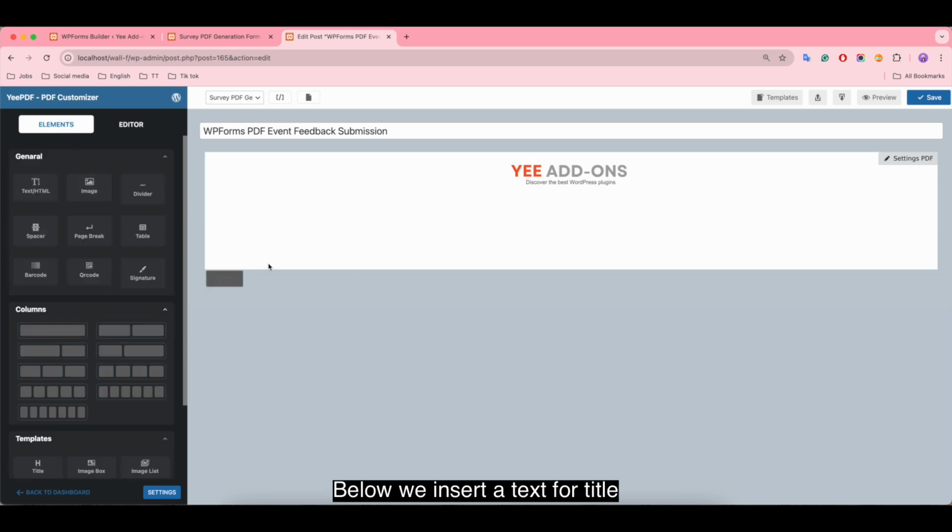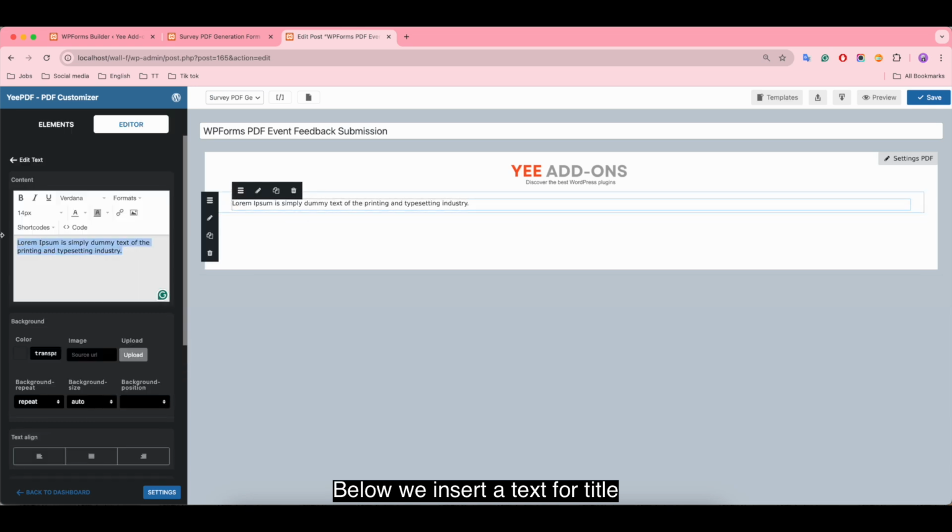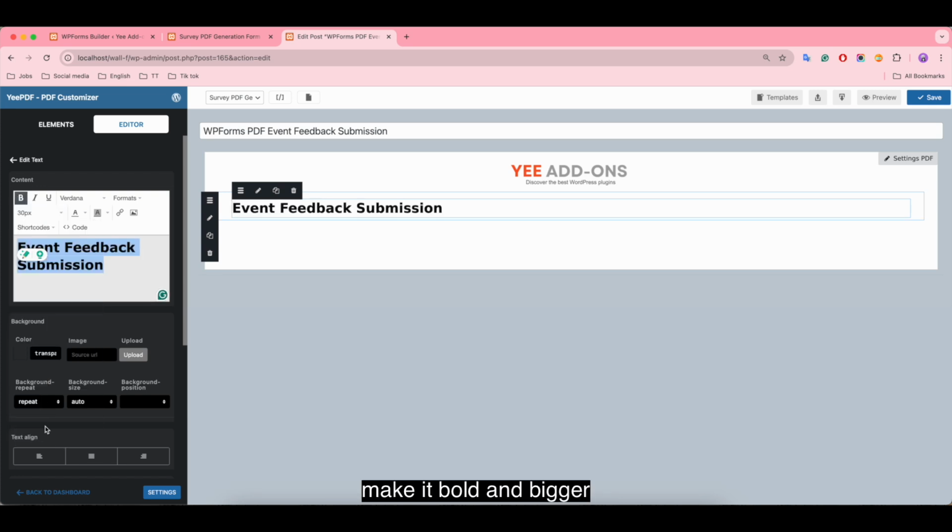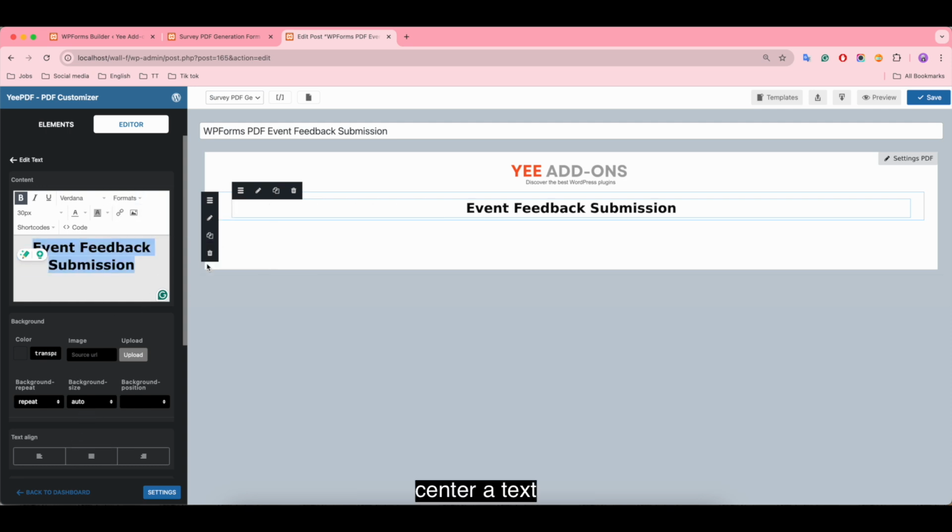Below we insert a text for the title. Make it bold and bigger. Center the text. Select the text color.